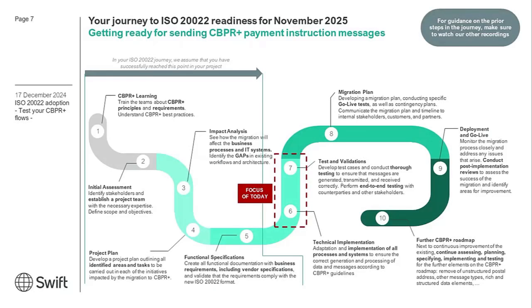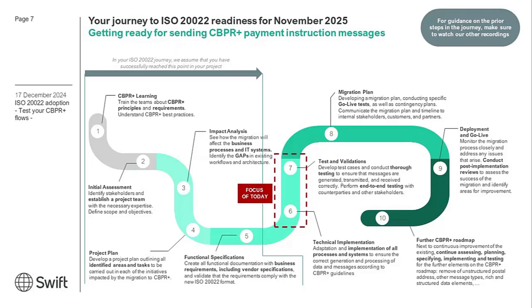Now, moving on to your readiness for November 2025 of the migration plan. So this is really a step-by-step journey that looks a little bit like a snake of 10 different segments and represents the main activities in your ISO migration project. Of course, these activities and where you are in your project will vary from bank to bank. And today we are going to be